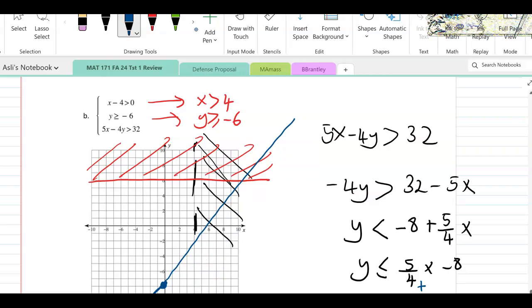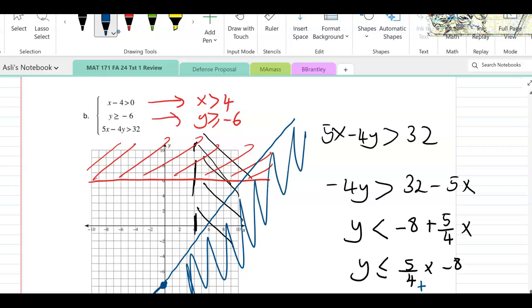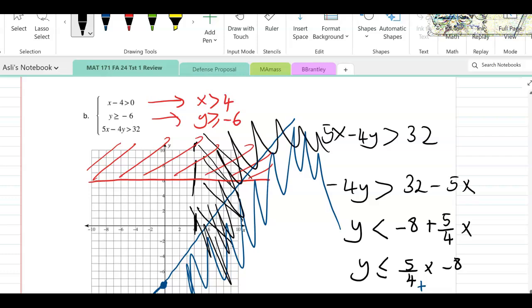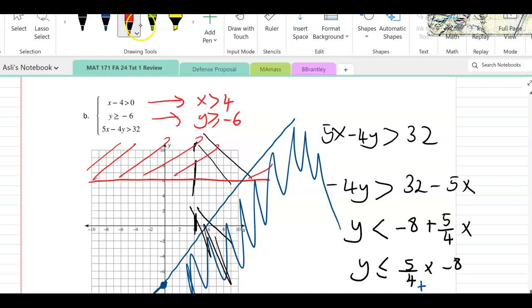Oh, that line. So where is the solution area? That's the last thing that you need to do. The solution area should be where all of them overlap. Okay, so this is that one. This is this one, and this is the